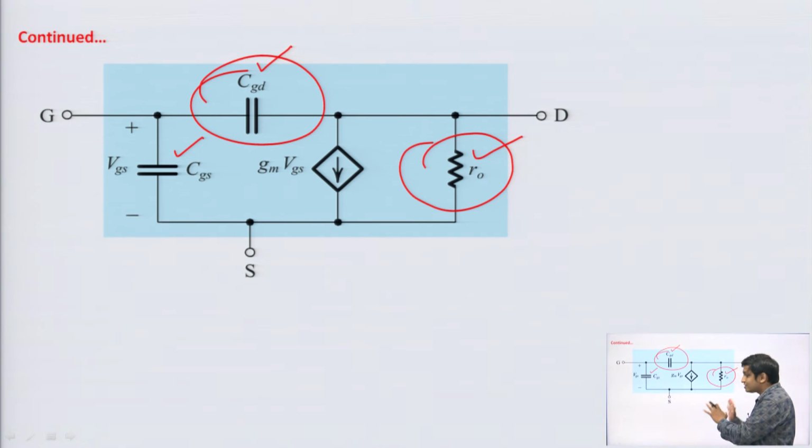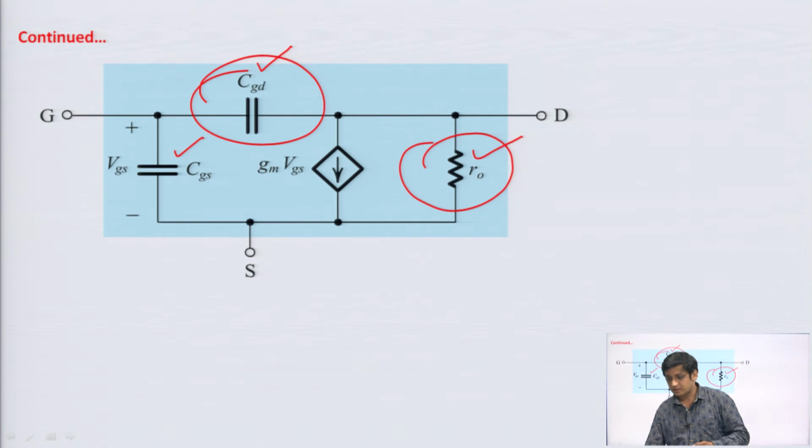You can compare these models with the earlier model which you have seen in unit 1. The only difference is that there we have not considered these internal capacitances. Here this is the high frequency model, in which we consider the internal capacitances, and the remaining concept of drawing the model is the same, that I have already discussed in lecture 7 and lecture 8 on the small signal model of MOSFET. We have just connected these internal capacitances here.